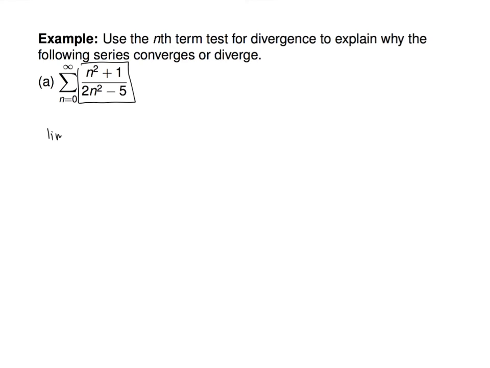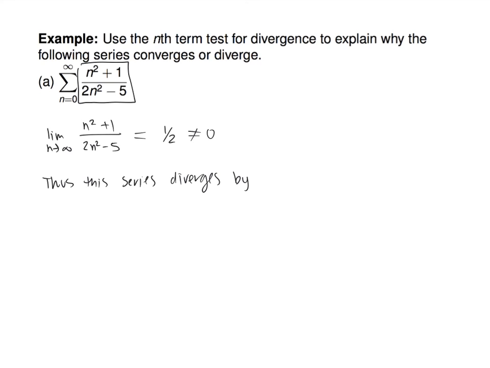So you find the limit as n goes to infinity of n squared plus 1 over 2n squared minus 5. And in the interest of having time to talk about the last one, what is this limit just going to equal? It's 1/2, which is not equal to 0. That means as you plug in bigger and bigger numbers, this stuff you're adding together gets closer and closer to 1/2, plus 1/2, plus 1/2, plus 1/2. Kind of like the whole thing with the 1 diverged, right? So thus, this series does what? Diverges. And we'll say by the test for divergence.